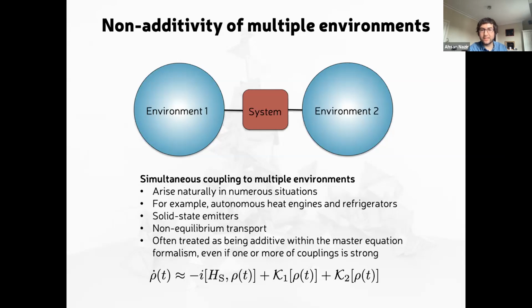Now, within the master equation formalism, if we make weak coupling Born-Markov approximations, then that naturally treats the environments as being additive. So what that means is we end up with a master equation that has a standard form where these dissipators that describe the action of environment 1 on the system and then the action of environment 2 are just added in the master equation. So these are unchanged from how they would be if the other environment wasn't present. So that's what I mean by them being treated additively. Now, within the limitations of the Born-Markov approach, that's perfectly fine. That's what arises naturally if you go through the derivation.